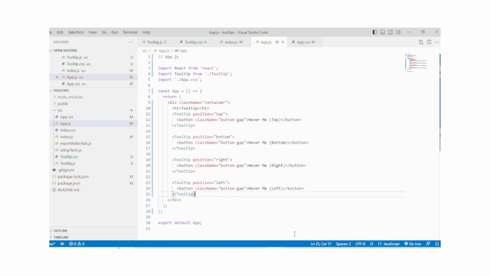Now let's focus on usage of the tooltip component in the app component. For each button we pass position props to the tooltip component. These props determine where the tooltips will appear relative to the button when it's hovered over. Inside each tooltip component we have a single button element with the text "hover me" and a descriptive text indicating